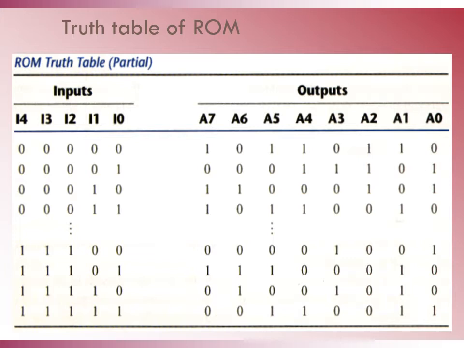The program for the ROM is nothing but a multiple output truth table. For a one entry in the truth table, a connection is made between the minterm and the corresponding output. For a zero entry, no connection is made. In this example, let us say that at memory address 00011, that is address 3, we want to store the data 10110010. The implementation is shown in the next slide.